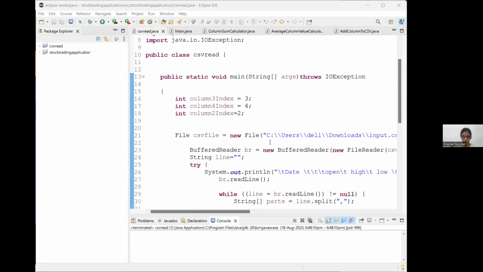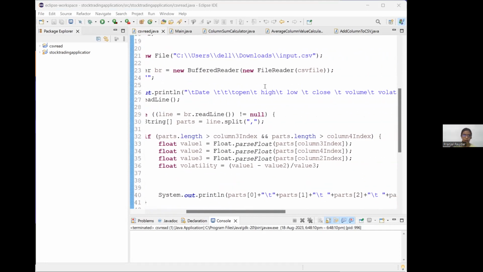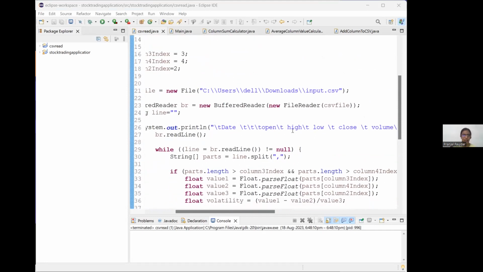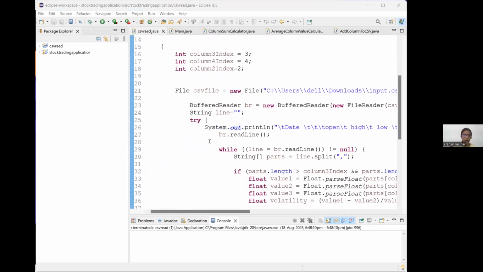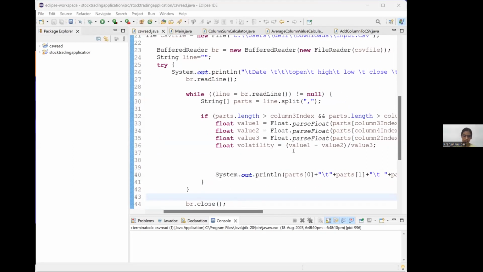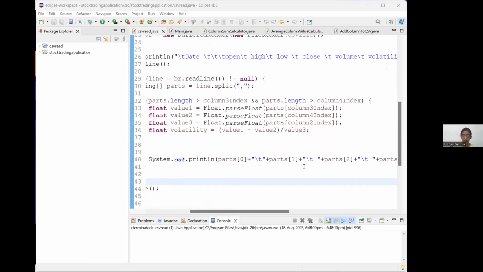Then is the main function, and here I have imported my CSV file. Then I am using the try statement for exception handling. And here I have also done some calculations for calculating the